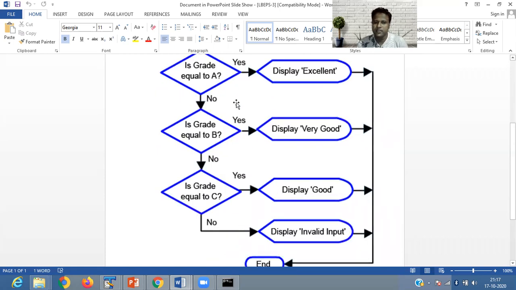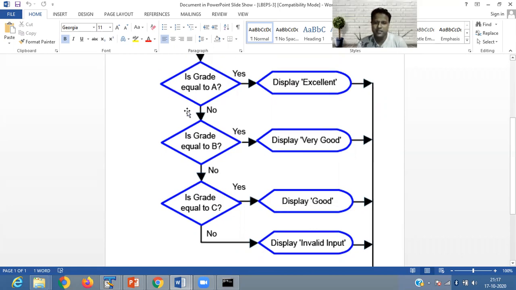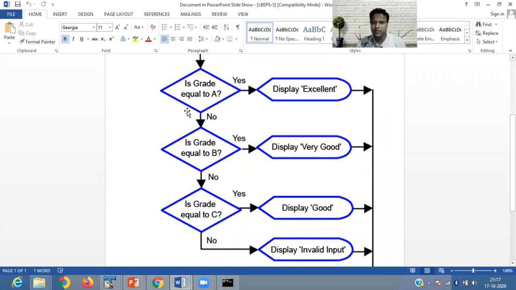If your condition is false, if it is not matched with A and B, if it is matched with C, then it is showing you display good. If you pass any other letter apart from A, B, C, if you pass a D,